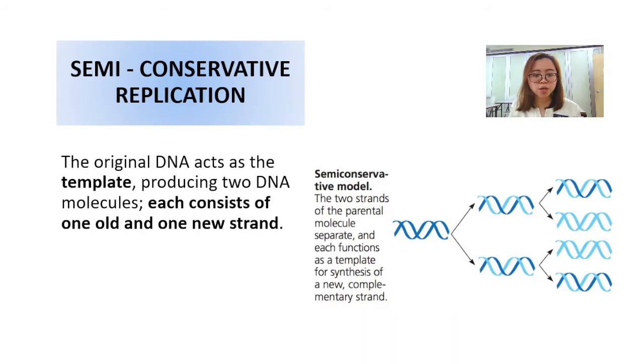There is also another one that I'm not quite sure what the name of that model was. It was kind of like instead of a full strand, it will be half strand. A bit of this strand is old, a bit of this strand is new, a bit of this old, a bit of this new, a bit of this old. But basically, what you need to remember for your syllabus now is that our DNA replicates according to the semi-conservative